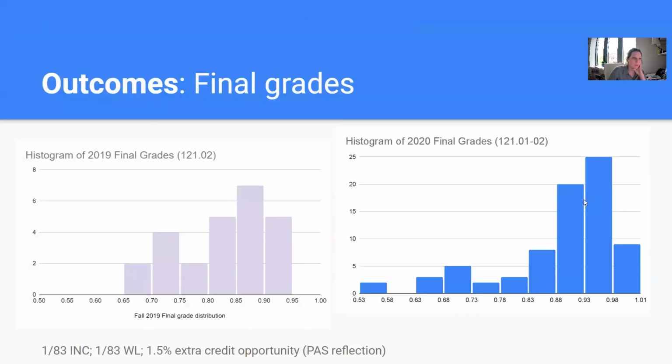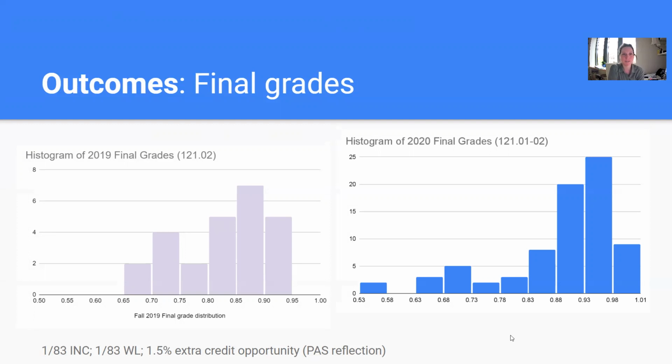And then the final grades, we can compare those as well. So in 121 in 2019, it was a much smaller class. I had about 25 to 30 students. And on the right, you can see that there's a lot of A's, so it's really skewed. There was an extra credit opportunity, going to Picture a Scientist and writing a reflection paper, which is why you see some above 100. I also had one incomplete and one late withdraw in 2020,